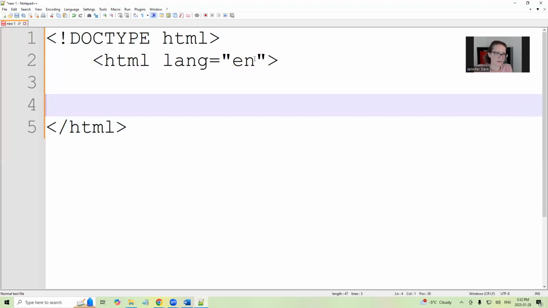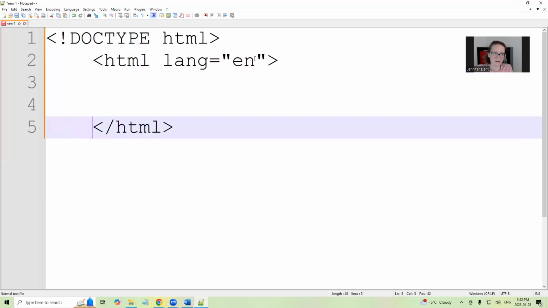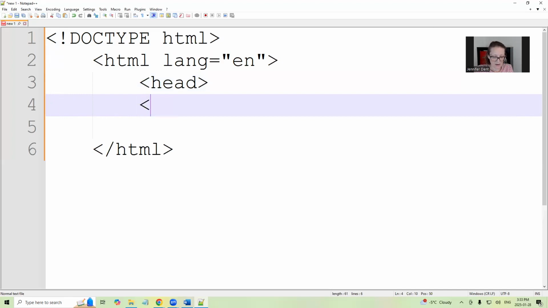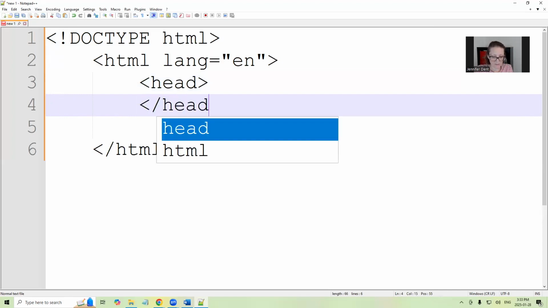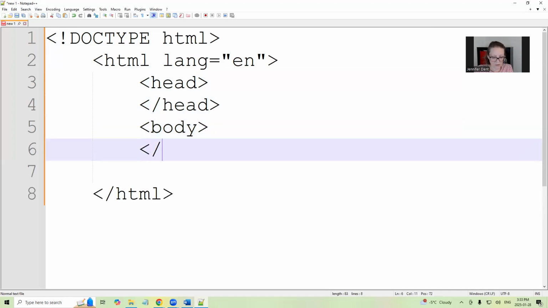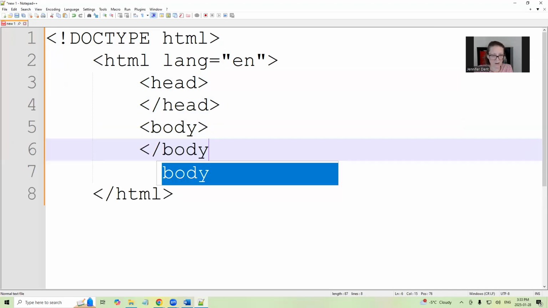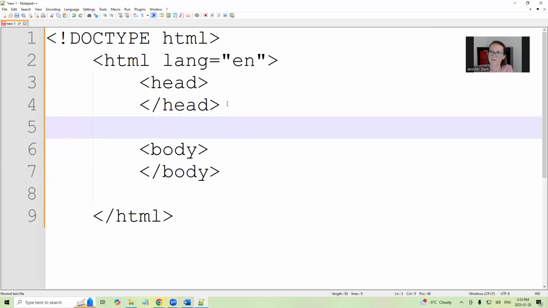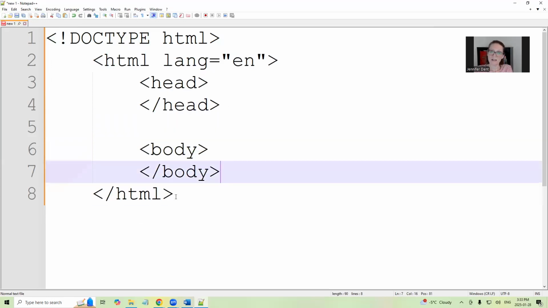Normally, I like to indent that level. Not everybody does. Okay, so we remember that our HTML has a head, and our head closes. And our HTML has a body, and we close the body. Please note that even though I tend to leave a nice clean space in between my head and my body,